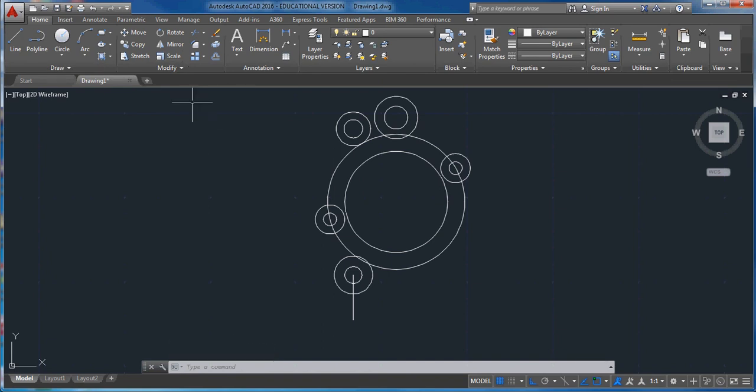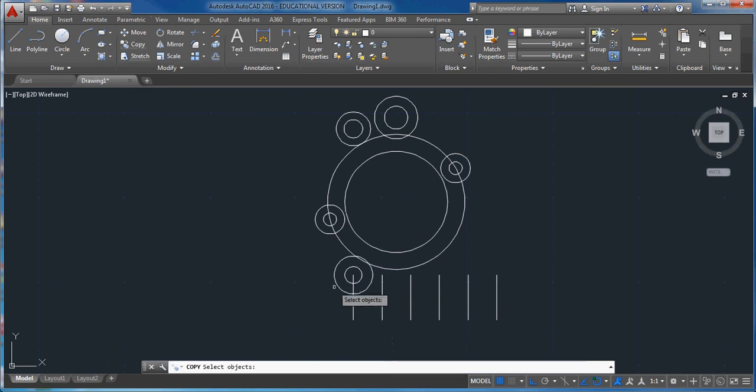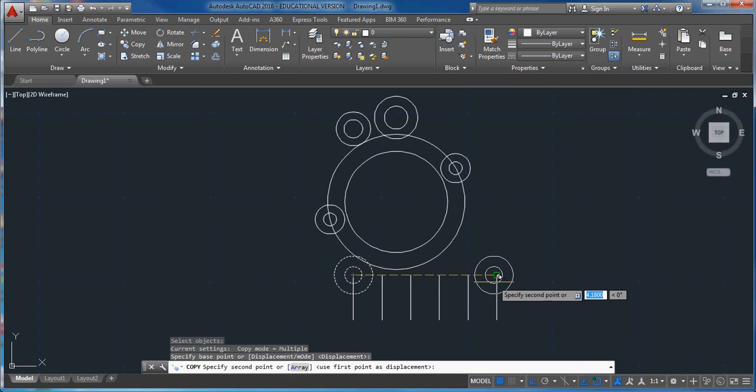So let me go to offset, and the offset distance is 0.836, and I'm going to do it 1, because we need 6 of these, 4, 5, and 6. And what I'm going to do is just copy these 2 items and move them over, because we need to,